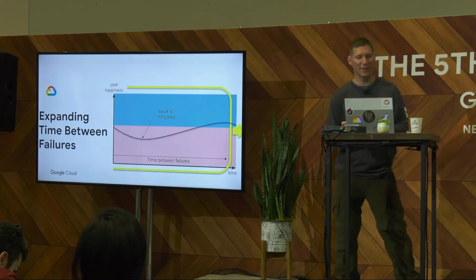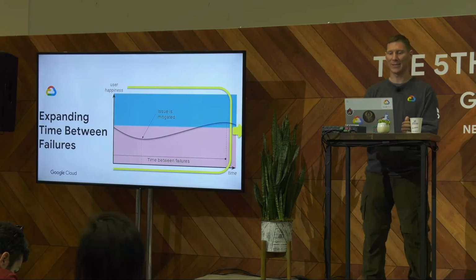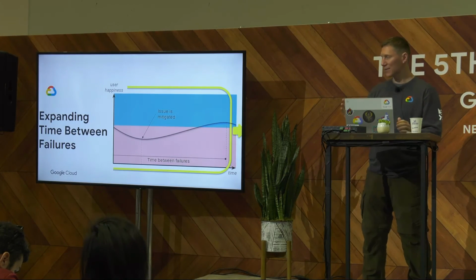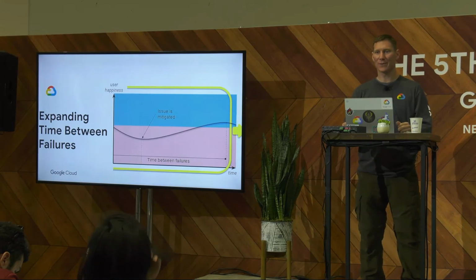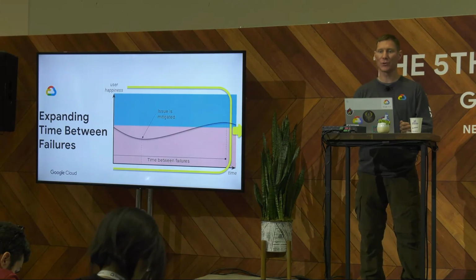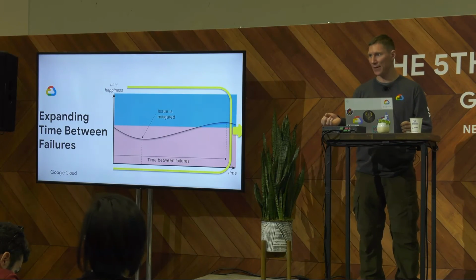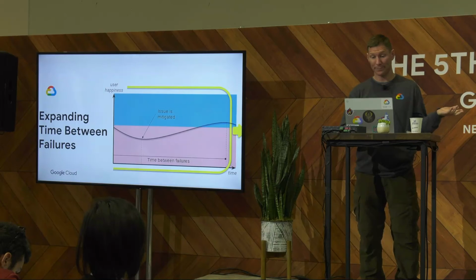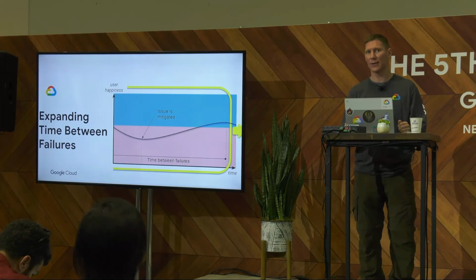Okay, so you've mitigated your outage. Good job. Your users are slowly rebuilding their confidence in your service. You want this phase to last as long as possible, right? At Google, we found that the most common trigger of outages is a code or config change. So to maximize time between failures, just eliminate all changes, right? Well, that might work for a little while. And actually, sometimes it's a really good idea.